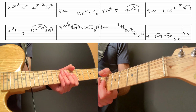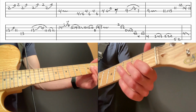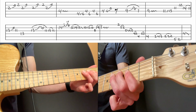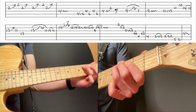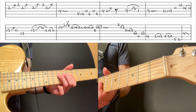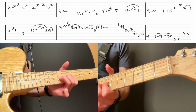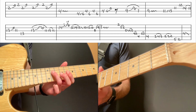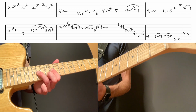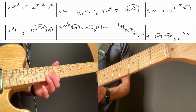Just looking at the scales real quick, if we wanted to analyze which scales I'm using, this first thing would be like minor pentatonic. This next thing here would be like major pentatonic or major blues. This would be back to kind of like minor. Then I'm outlining a B major triad here. And when I do this pull-off, it makes it B dominant 7. Right? Then I have this bend,